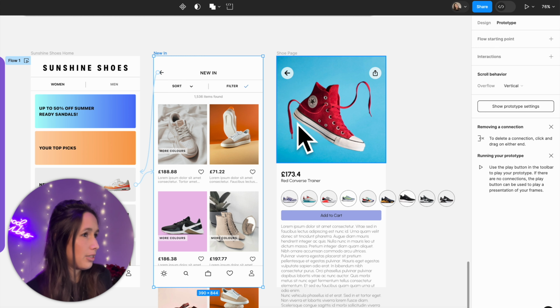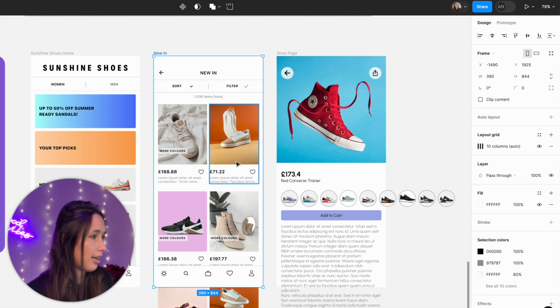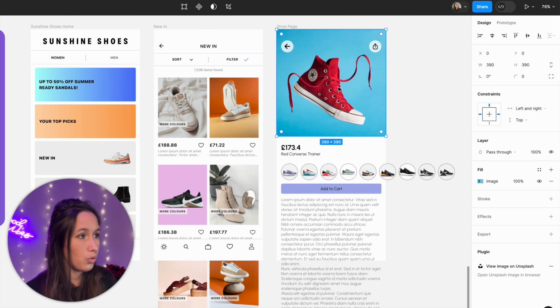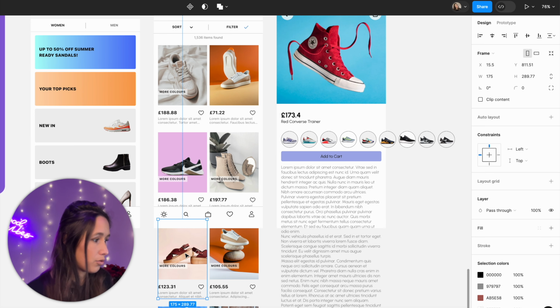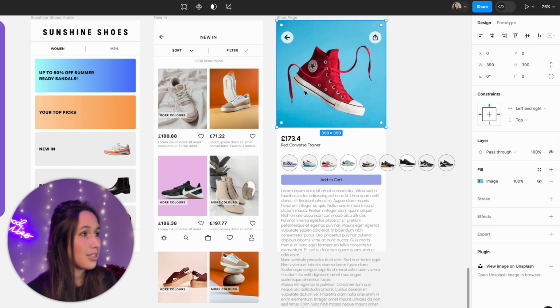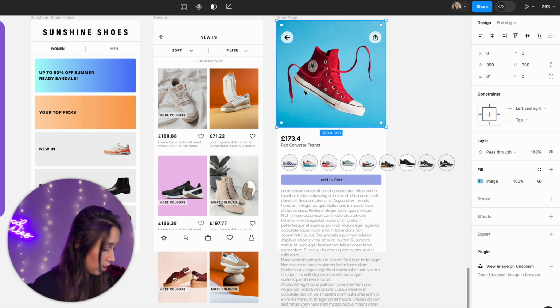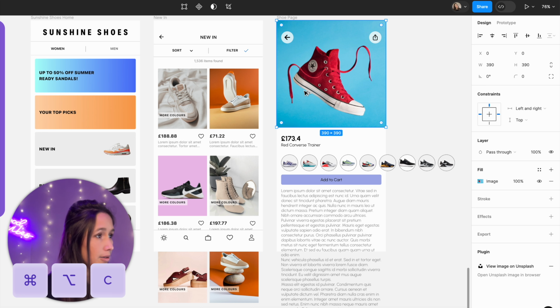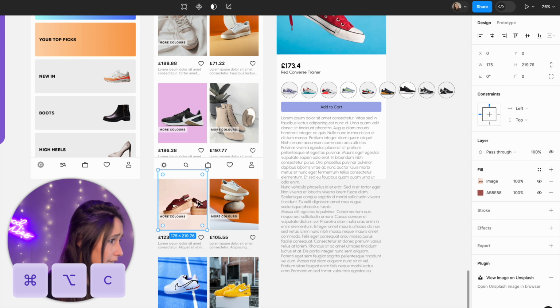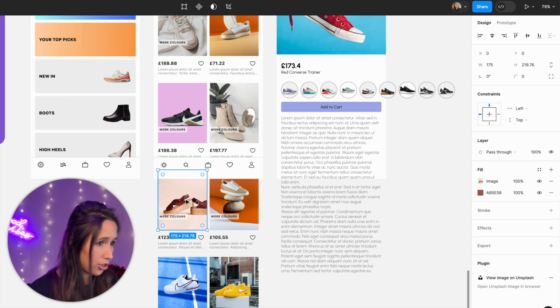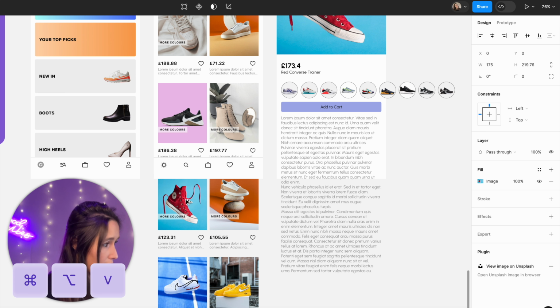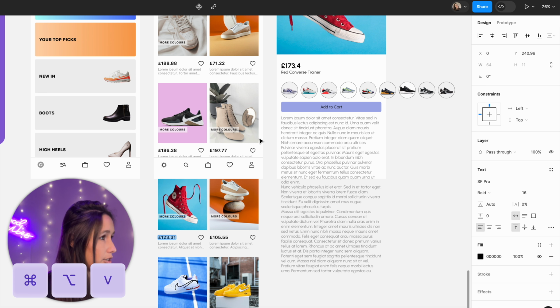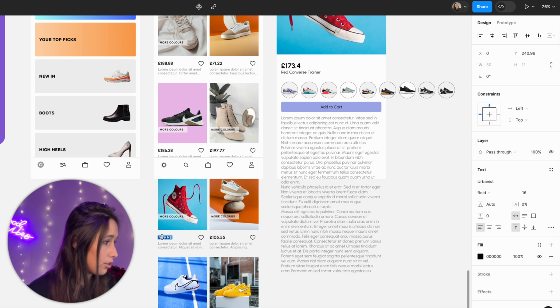Let's now connect this page. So I'm going back into design, and let's place this shoe somewhere. Okay, so maybe let's replace this one. So if I select my shoe, I'm going to use the same copy properties that we used before. So I'm going to Command, Option, and C. And then I'll select this image over here, Command, Option, and V to place that there. And I'm just going to change the price as well. So it should be